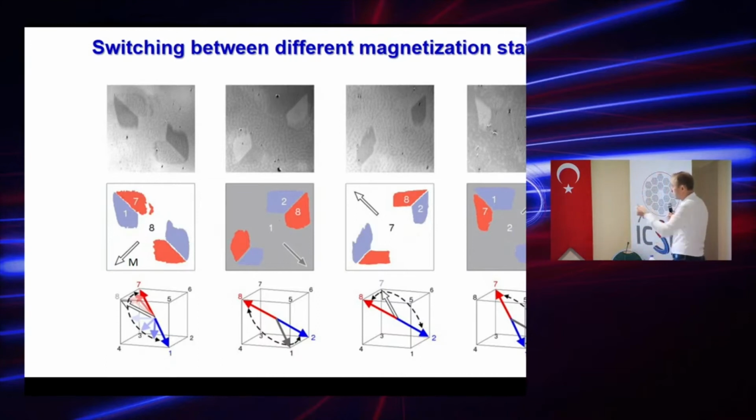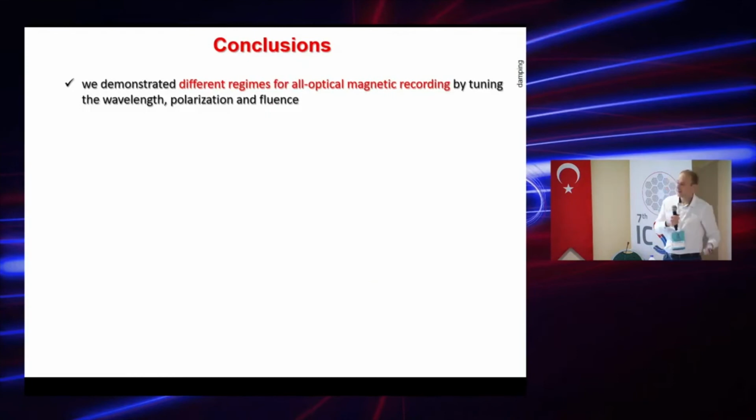This is the image in the top panel, and the middle panel corresponds to the image after processing and visualization of only the domain. After rotation of the magnetization in the initial state, we observe rotation of the magnetic pattern. These results confirm the phononic mechanism of the switching, and we observe simultaneous switching of the in-plane magnetization component and the out-of-plane magnetization component. This is the final conclusion.